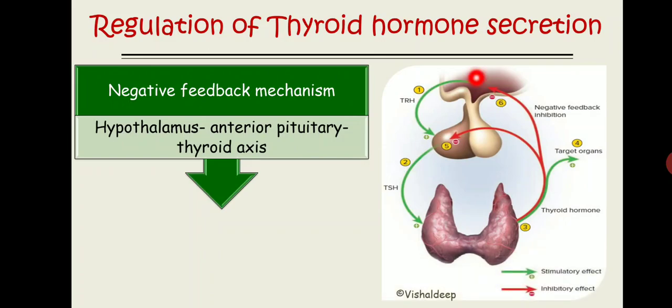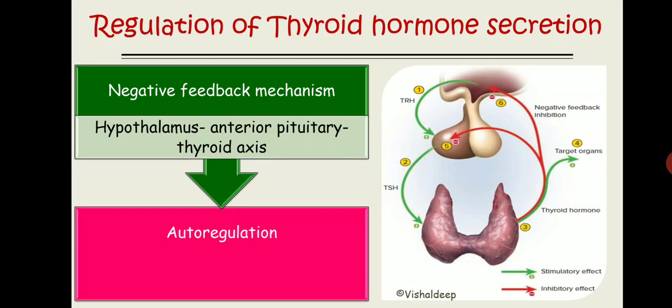Now in this diagram you can see that the hypothalamus will secrete TRH. Now this TRH will activate the anterior pituitary to secrete TSH. Now this TSH will work over the thyroid gland, and this thyroid gland will secrete T3 and T4. Now these T3 and T4 have a negative inhibition of the production of TSH at the anterior pituitary level and the production of TRH at the hypothalamus level. We are going to discuss this in detail in a subsequent slide.